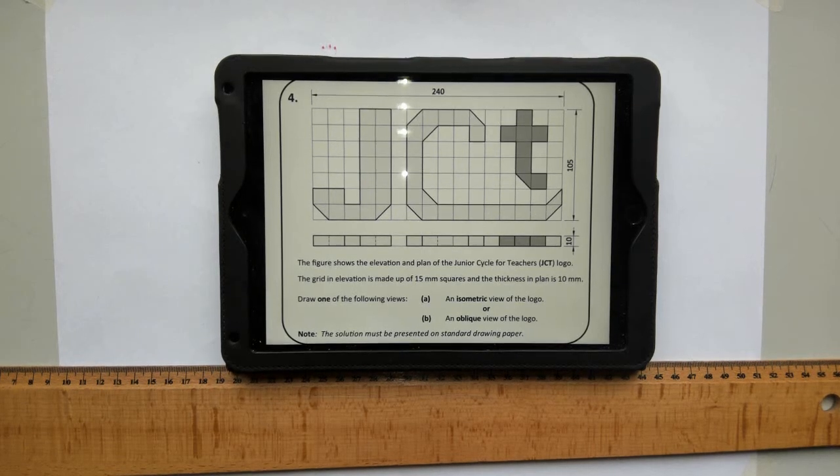Hi lads, in this video I'm going to go through how to do the 2019 question 4 ordinary level paper. It tells us the figure shows the elevation and plan of the Junior Cycle for Teachers logo. The grid and elevation is made up of 15mm squares and the thickness in plan is 10mm. And then it tells us to draw one of the following views: A, an isometric view of the logo, or B, what I'm going to focus on today, an oblique view